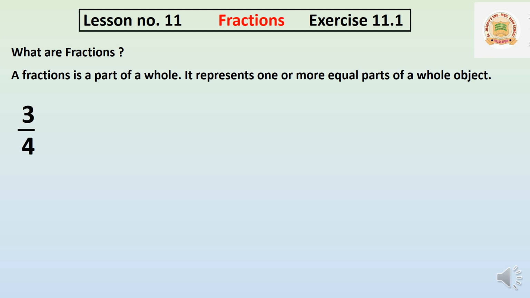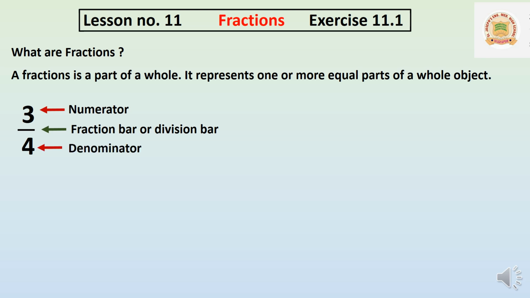So now what is the main thing? Fractions will be written like this. We will write 3/4. We can read it as 3/4 or 3 by 4. The first number which you are seeing above the line is called the numerator, and the line is called the fraction bar or division bar. Why? With the denominator 4 we are going to divide the numerator. That's why it is also called the division bar. So down we will write the denominator.